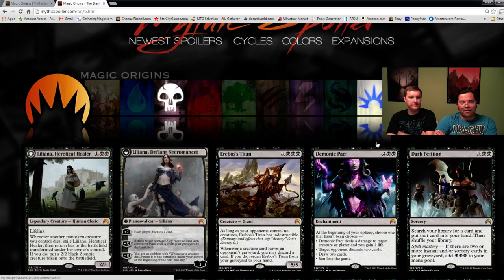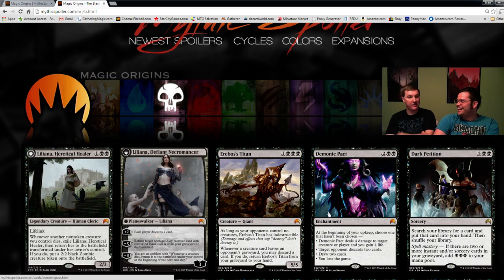Alright, so we've got Demonic Pact. 2 colors, black. At the beginning of your upkeep, choose one that hasn't been chosen. Hey, that's promising. Now we get a delayed 4 damage to target creature or player, and gain 4 life. I like that. Target opponent discards 2 cards. That's pretty good. And draw 2 cards. Also impressive. Would you play that card? So, those abilities are great. Those are wonderful. However, that last ability...